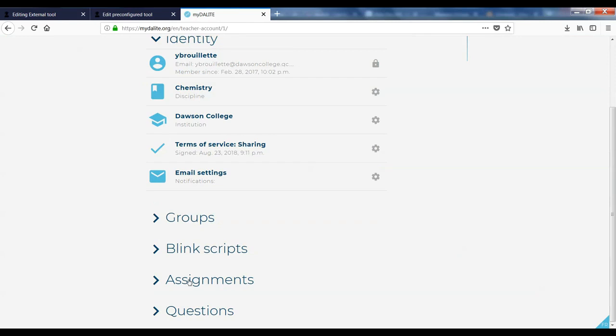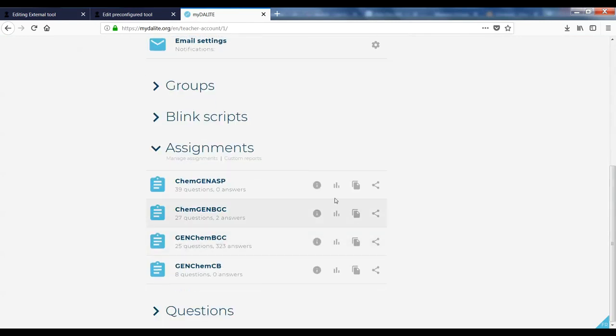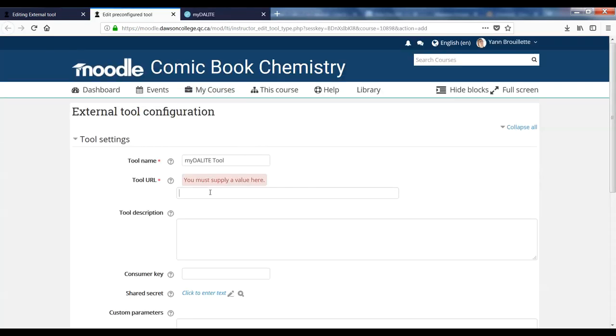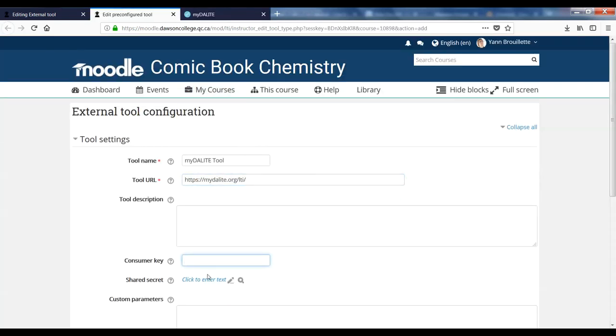You scroll down, choose Assignment. For more information on how to manage your assignment, please look at our other video on that topic. Then let's say I want to add a pre-configured tool. I need to click on the I information here, and all the other information that I need are located here. So, tool URL, I copy it, I paste it here, consumer key, EDX, and shared secret